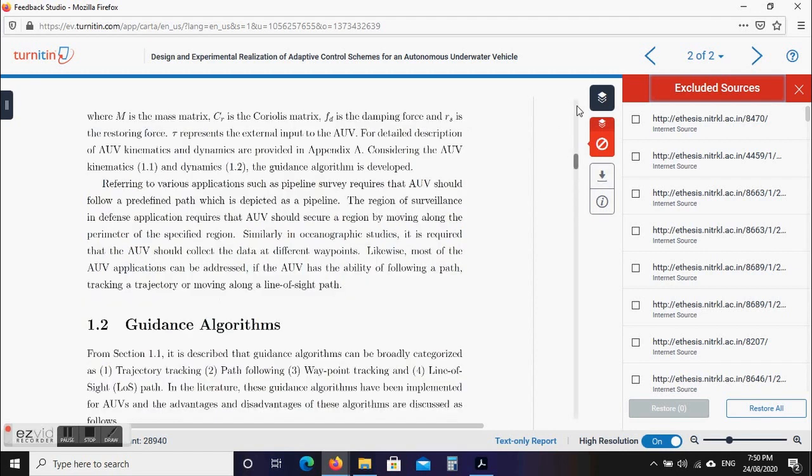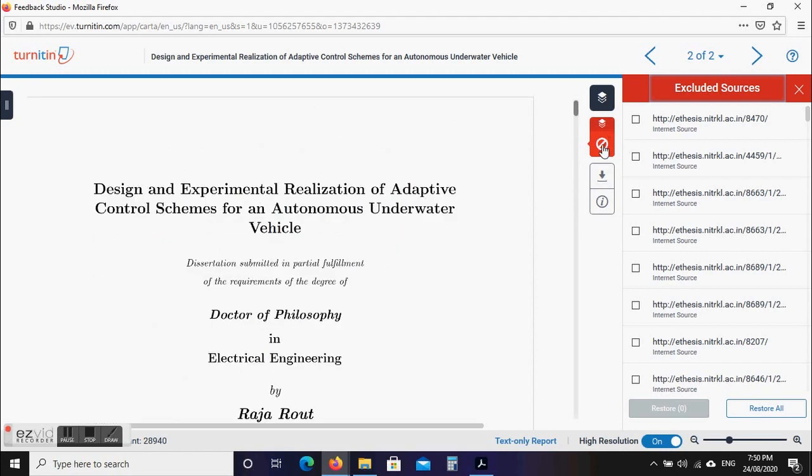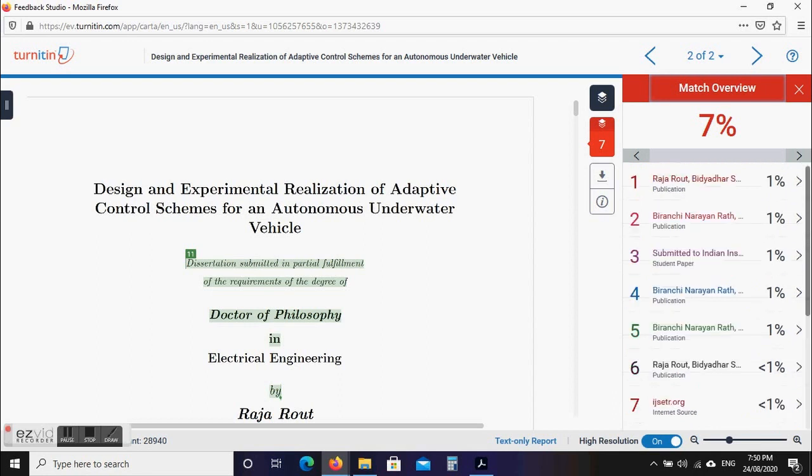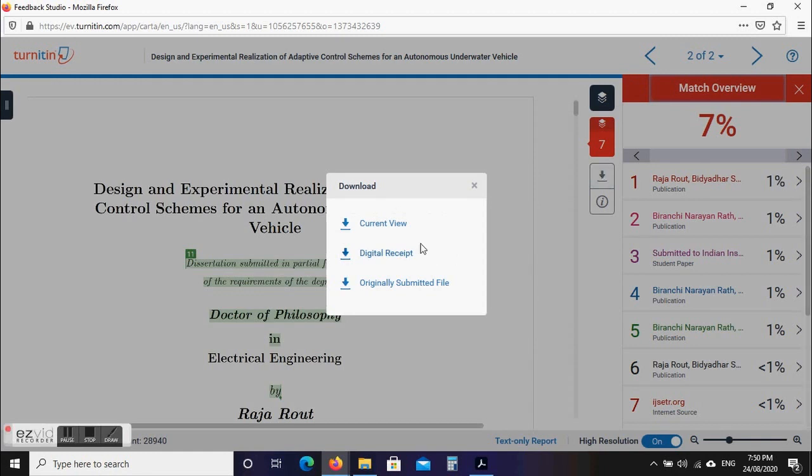So now the option is download. Suppose now you are satisfied that you have checked your similarity index properly, then you need to download the report, and for this there is a download option, and there are 3 format options. This is current view, this is digital receipt, this is original submitted file.